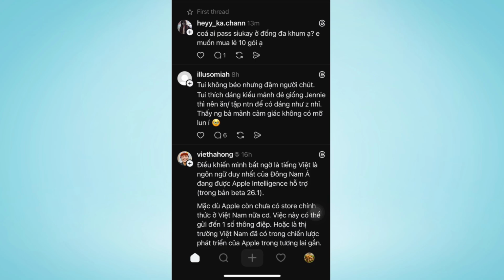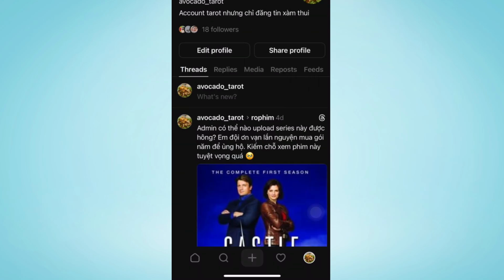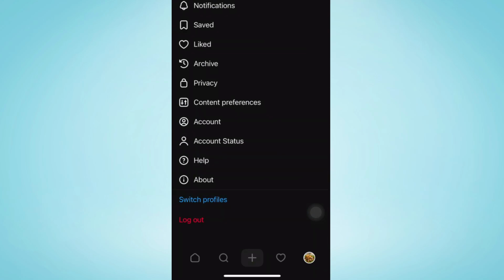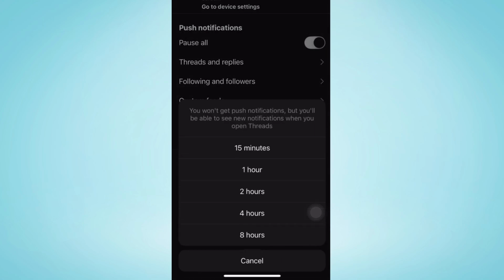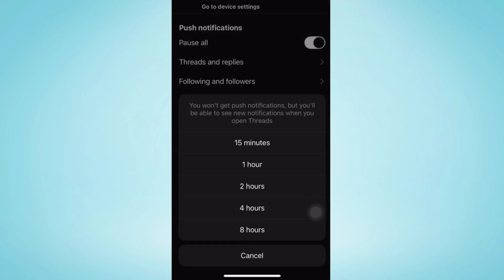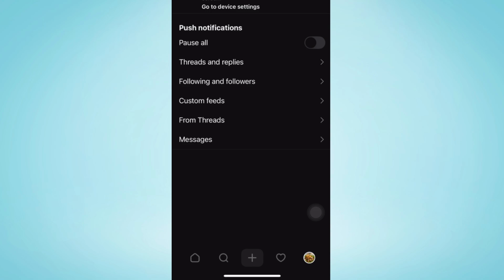First, tap on your profile and then tap on these two lines to go to the settings, and then choose notifications. Then we can choose to pause all for 15 minutes or even 8 hours. Or if you want to turn it off,